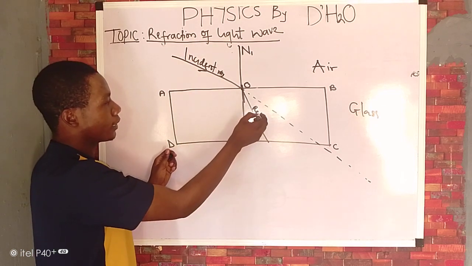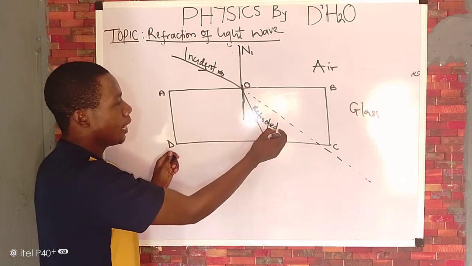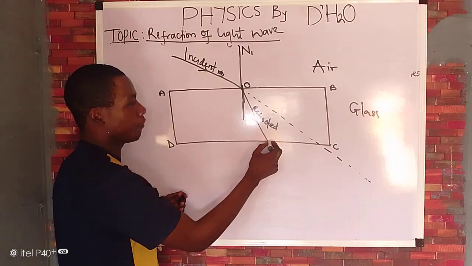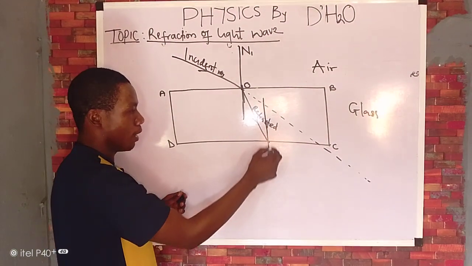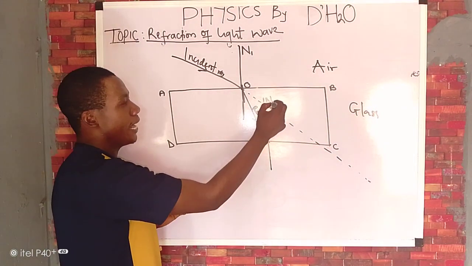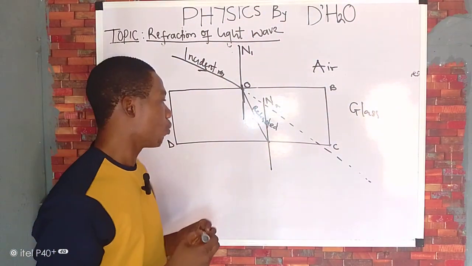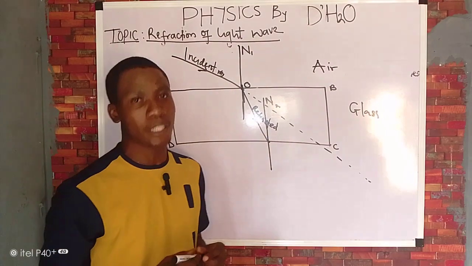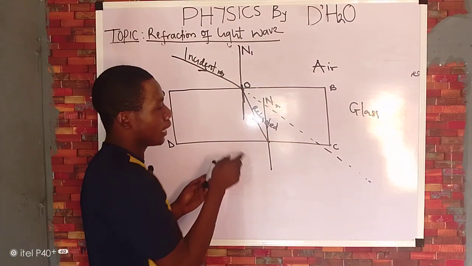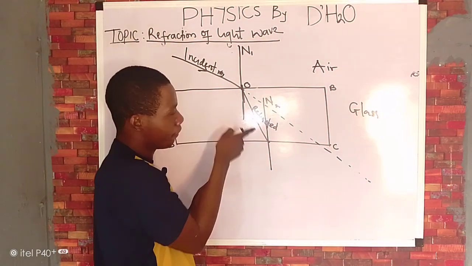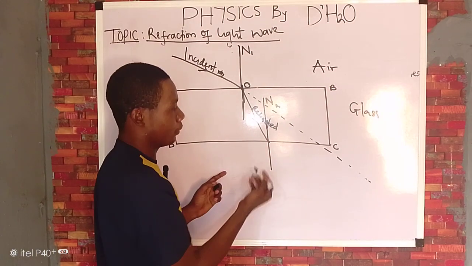This is your refracted ray. And then you discover that this second interface can also have its own normal. So I'm going to label it as N2. So this is the normal at the first interface, while this is the normal at the second interface. Okay? Now, as soon as the ray of light, which is the refracted ray, is leaving the prism, it's going